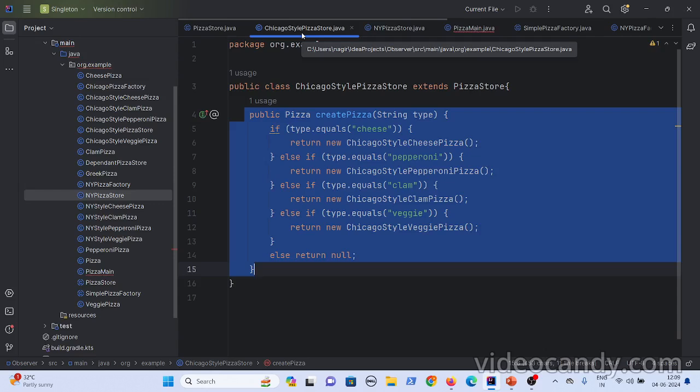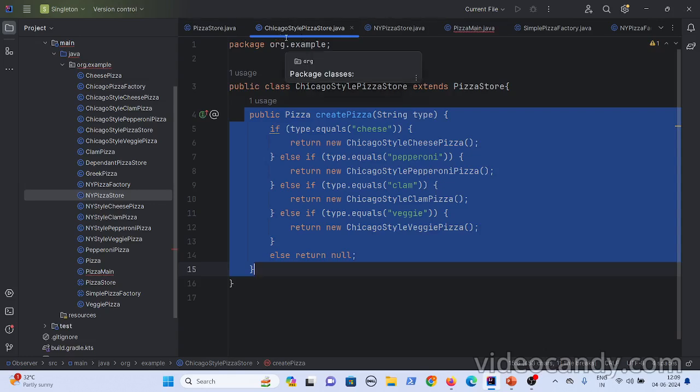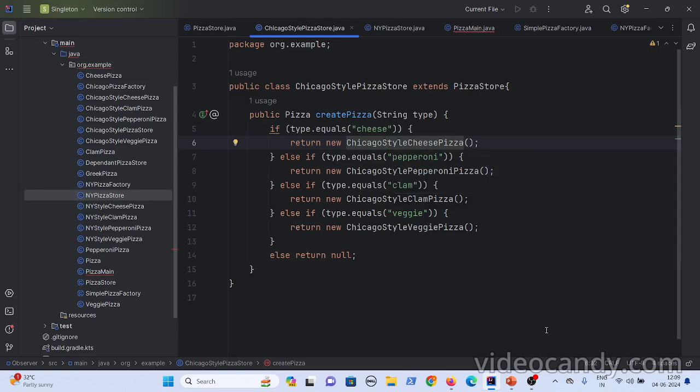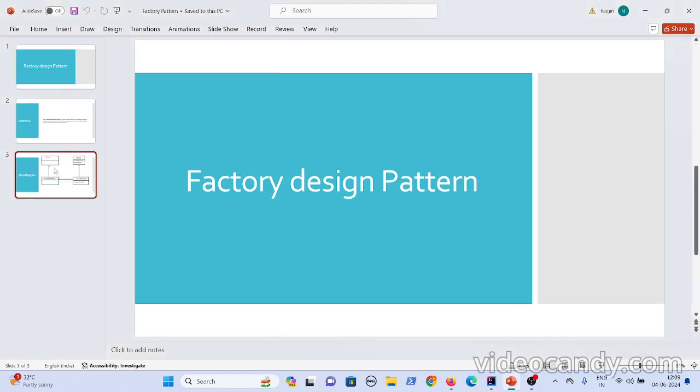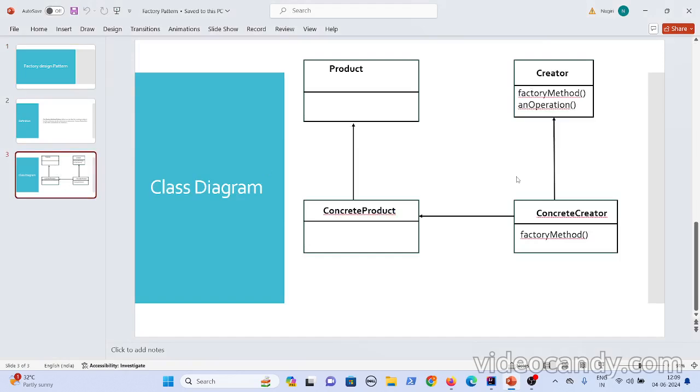And one more thing is, not only the instantiation logic, if you look at these classes, when you look at the Chicago style, you get a clear idea. Okay, if I want to add something related to Chicago, come here and modify it. You're segregating that logic as well, right? Even if you go for the mobile store application, whenever you want to look at what classes are getting added for the Apple store, you can come to the Apple store class, right? And you can modify it here. Okay, yeah, this is the factory method design pattern. Let's go to the class diagram. So what happens here is, you have two parallel hierarchies that are present here.